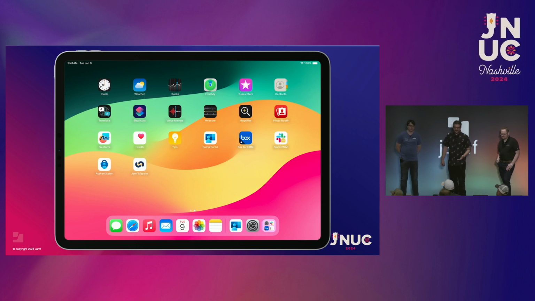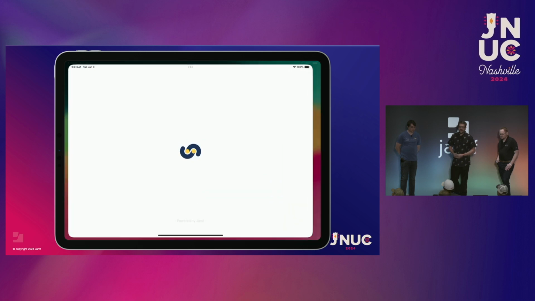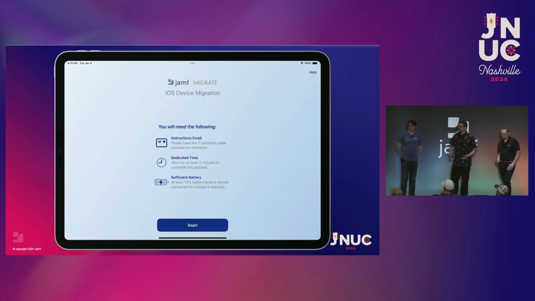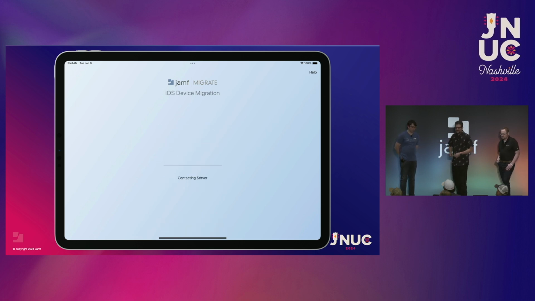And when it lands on the device, when the user's good and ready, when they've got the right time and they're on full battery and have internet, they launch the app. We check the prerequisites, make sure they're ready and eligible for the migration. And we show them a bit of information they need to know before they get started. At this point, our app reaches out to a secure server, kicks the migration via the API,